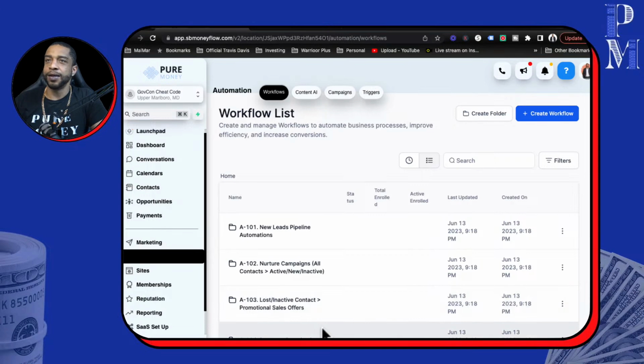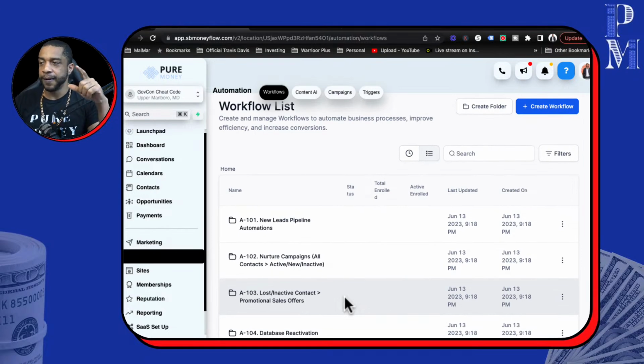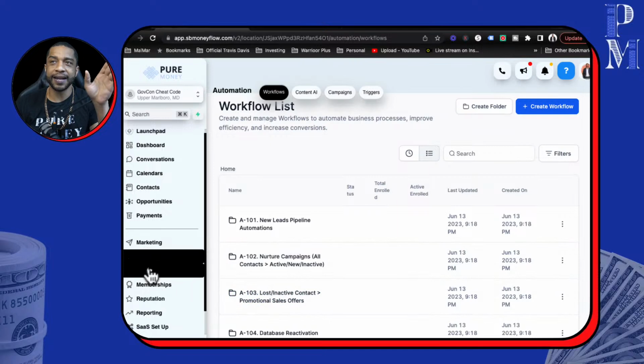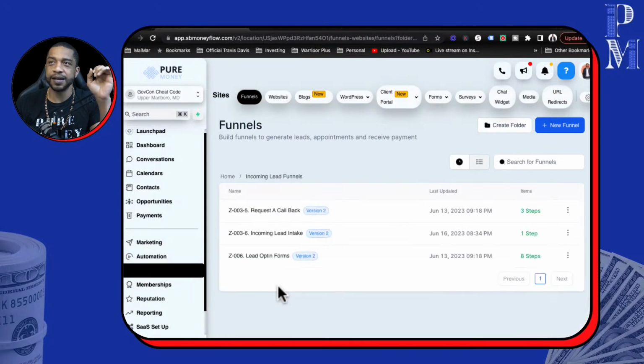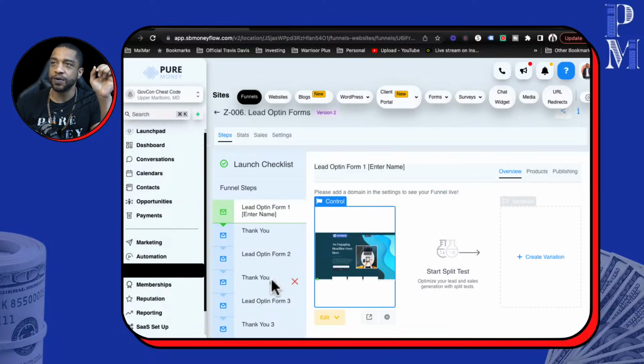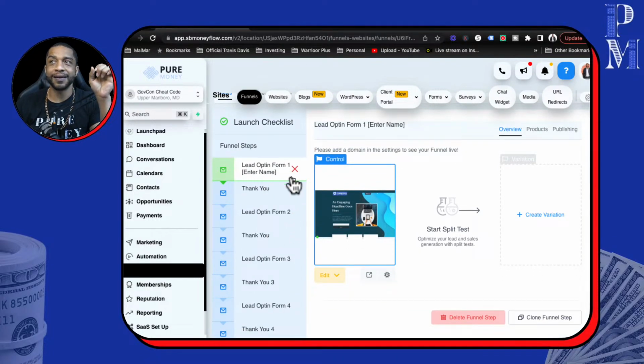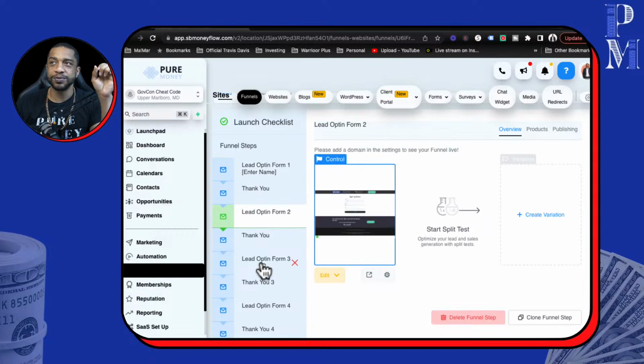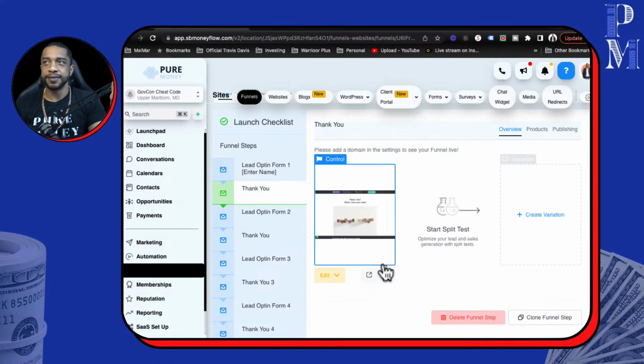But you don't need it all, right? We have to think about the small things that we need. Well, we know we need to build a list. So if you're trying to utilize social media right now and you don't have a link in your profiles that's going to somewhere to collect data, well, you're in trouble. Again, we already got that. The minute you get signed up, you're going to come to your incoming lead funnels, lead opt-in forms, rebuild this out to collect data on any one of these. Just choose one of the lead forms that you like. All right. You're going to collect the data. It's going to come to a thank you page after you get the data,